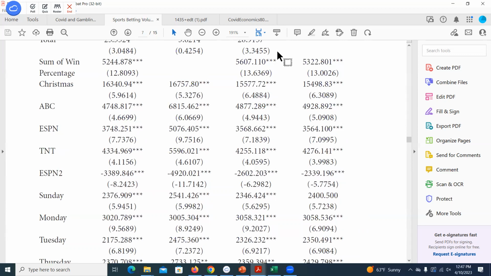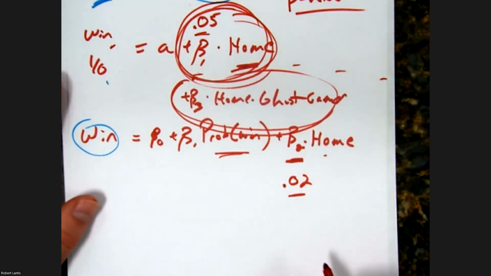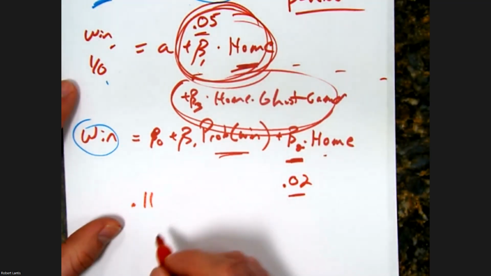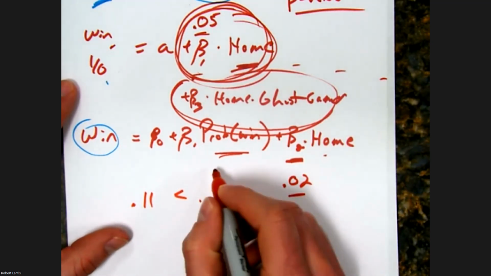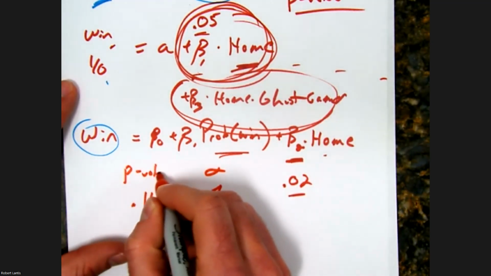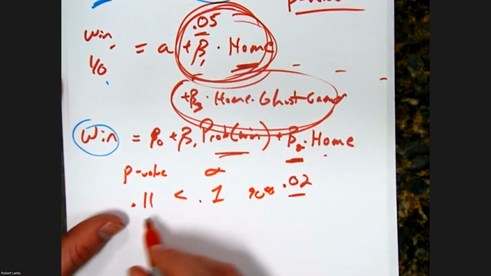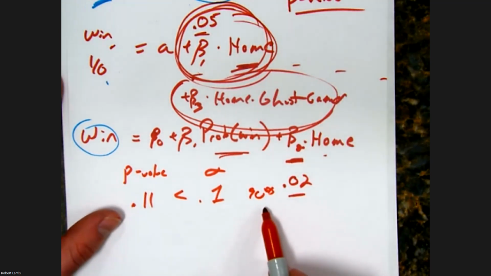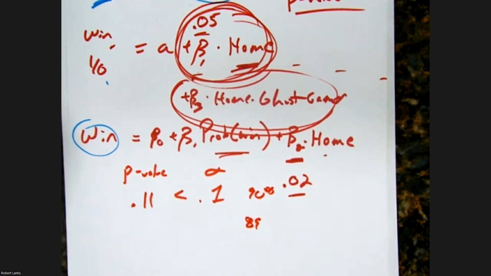I'll also harp on one more thing, and you don't have to go through and compute exactly what the p-value is, but if you're looking at the regression output from Excel and it's giving you the test statistic or the p-value, let's say I get 0.11 as my p-value. Is that going to be less than my alpha of 0.1? No. So I can't say that the variable would have any effect at the 90% level. But I could say it at the 89% level, so it's not that far away.